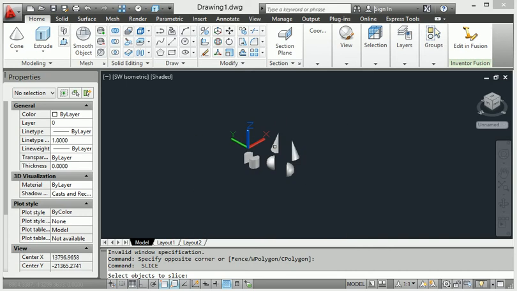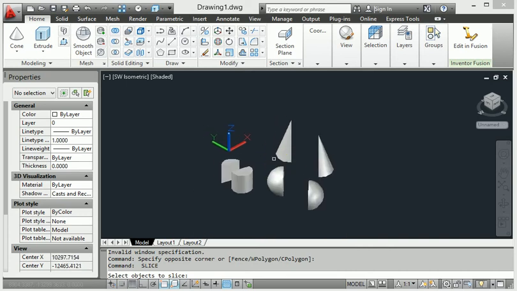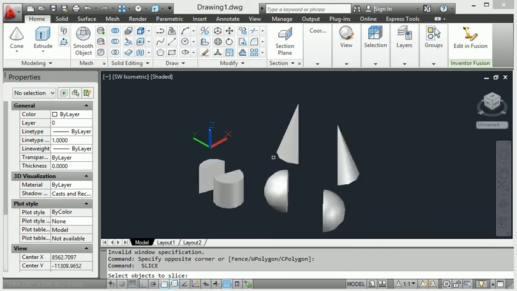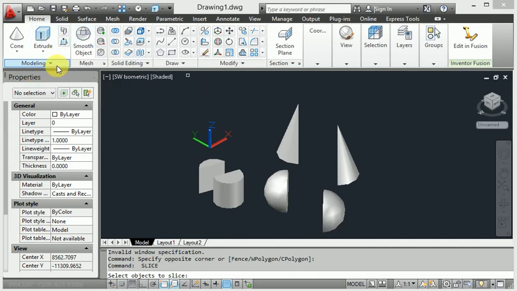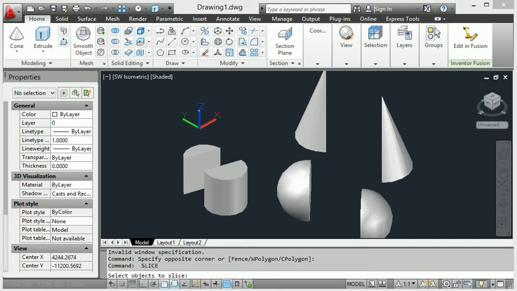So it means the slice command is properly utilized for any body to cut pieces on a particular selection. Just like when I go to the slice command here, this one is the slice command.